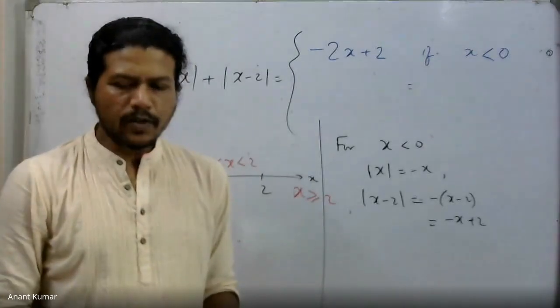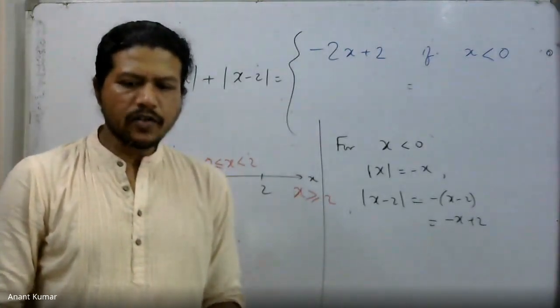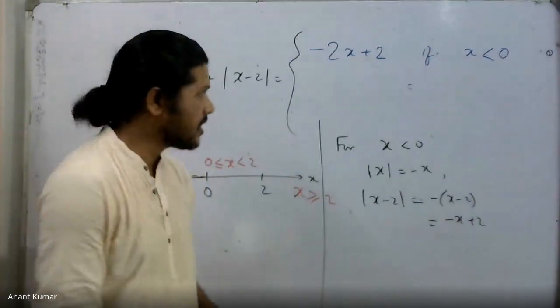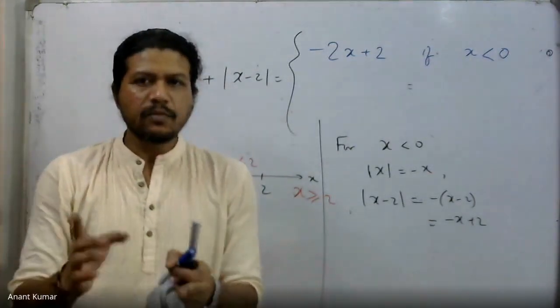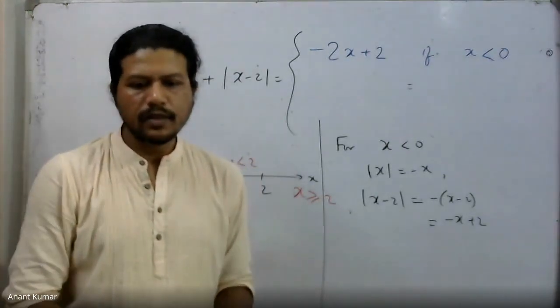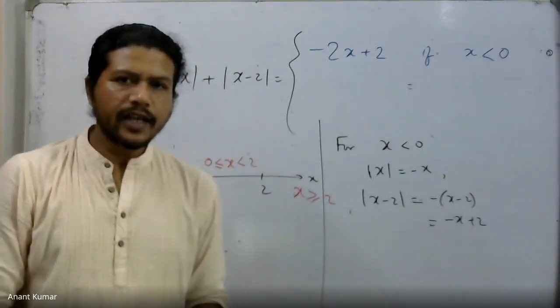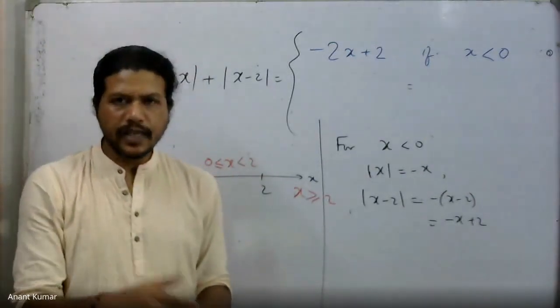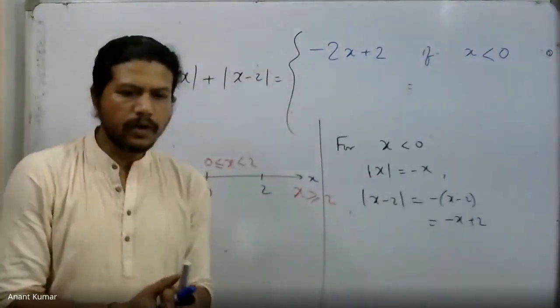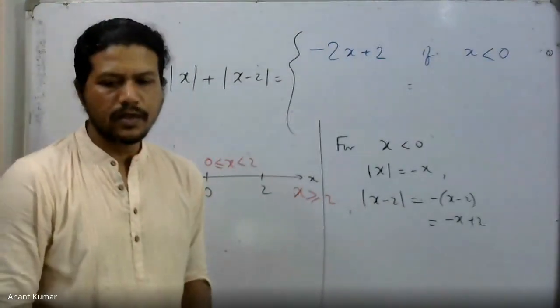Yeah, so it is coming out positive. You see, mod x should always be positive, isn't it? Yes, obviously it is positive. You notice that if x is negative and I take mod x to be x, then it becomes negative. That is why I have to take mod x equal to minus x if x is negative, because x is a negative number. So you must put a minus sign in front to make it positive. Is it okay?